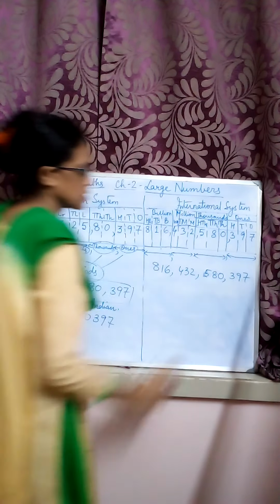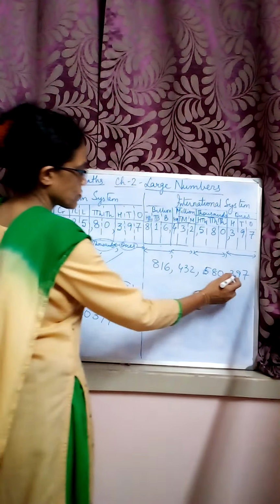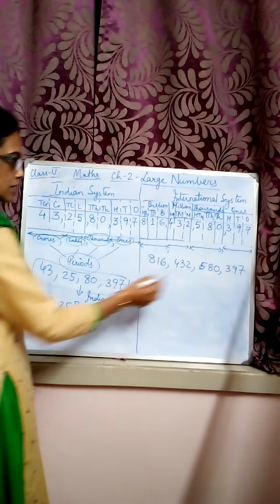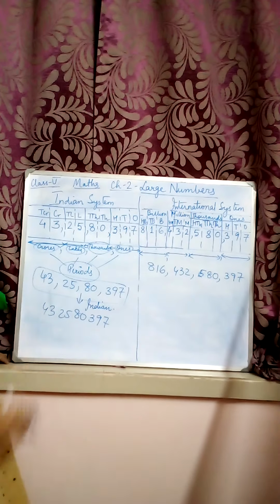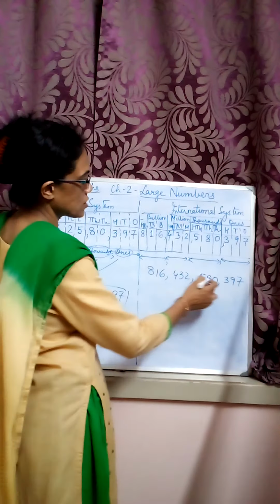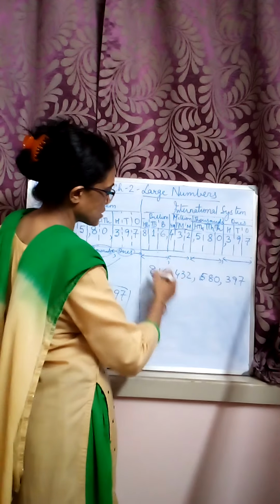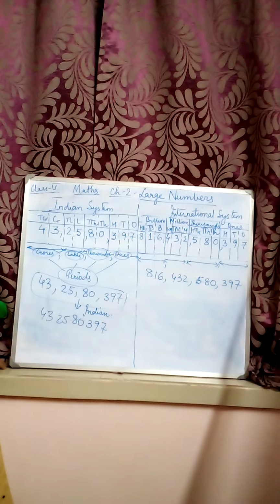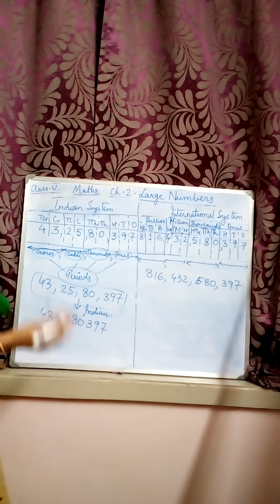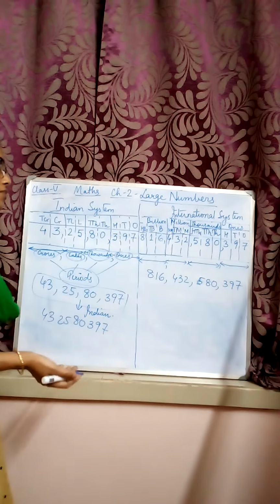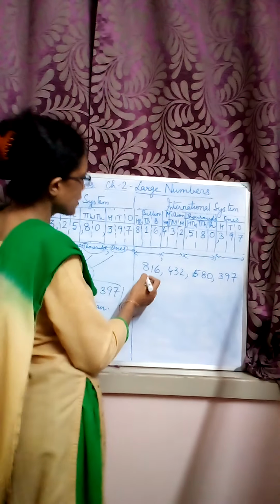This is the number written in the international system. See the difference between the two numbers. Here after 3 digits I have put the comma, but in the Indian system after 2 digits I put it. So here the periods are equally divided into 3 groups. By seeing the number you can say that this is written in the international system, and hence you can verbally say that it is